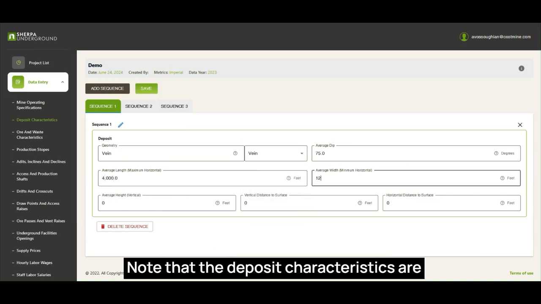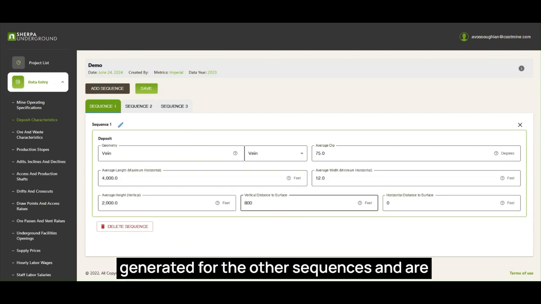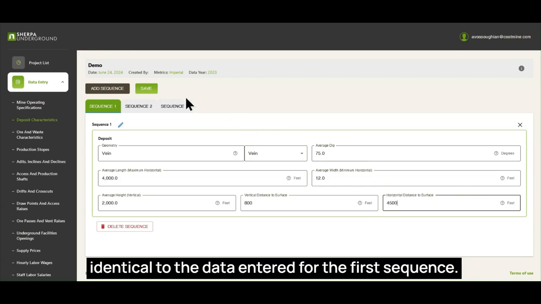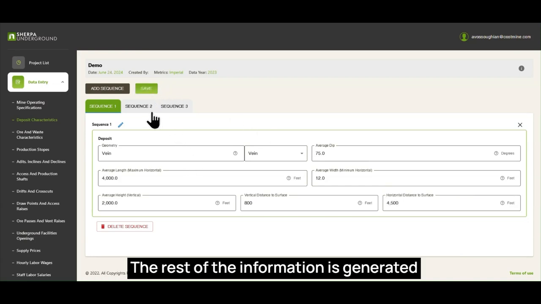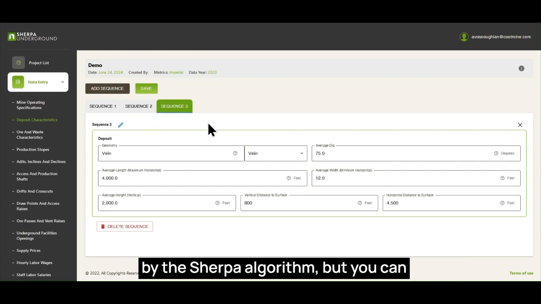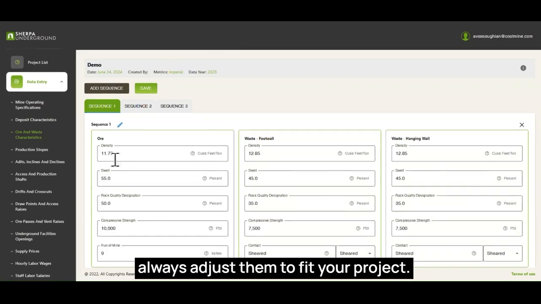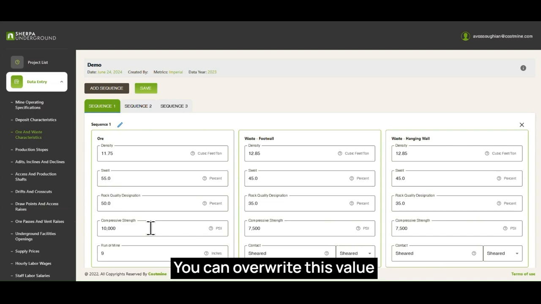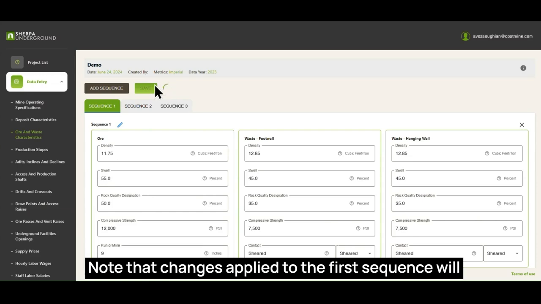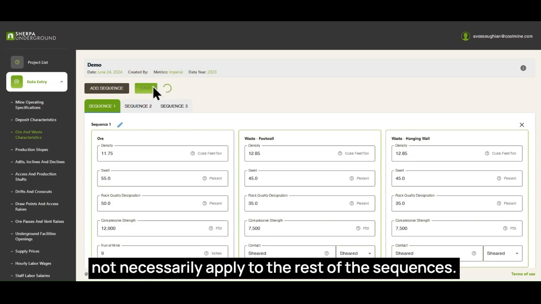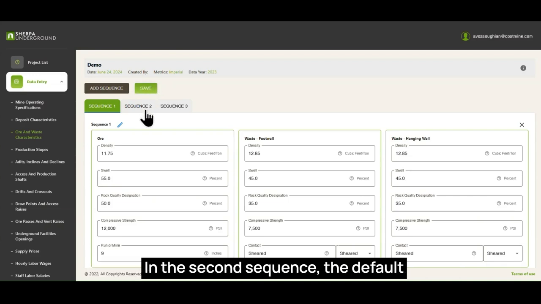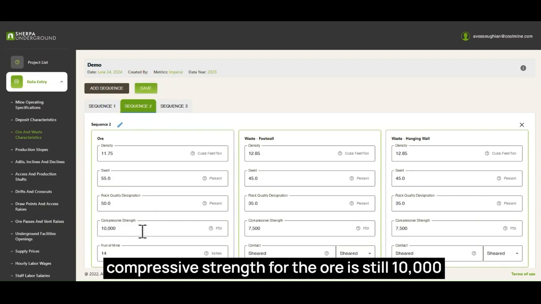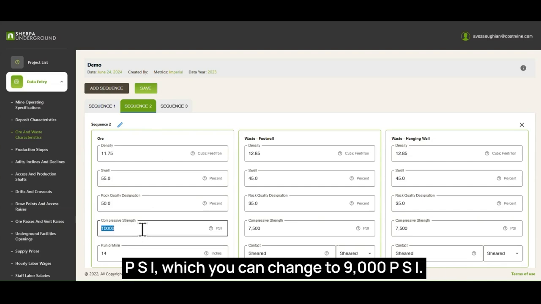Note that the deposit characteristics are generated for the other sequences and are identical to the data entered for the first sequence. The rest of the information is generated by the SHERPA algorithm, but you can always adjust them to fit your project. For example, in the ore and waste characteristics section, the suggested compressive strength for ore is 10,000 psi. You can overwrite this value and change it to 12,000 psi. Note that changes applied to the first sequence will not necessarily apply to the rest of the sequences. In the second sequence, the default compressive strength for the ore is still 10,000 psi, which you can change to